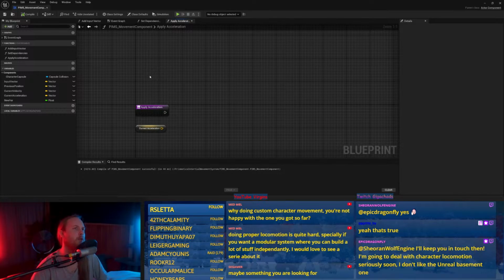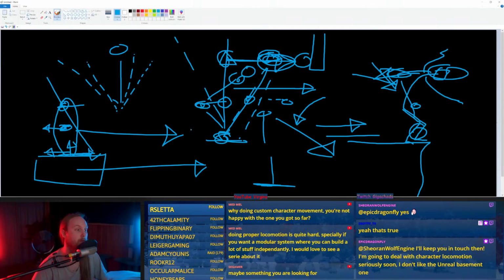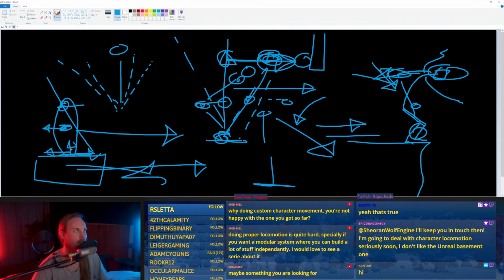Because we need to differentiate between intended acceleration and resultant acceleration. Because if something is moving us, like a platform, then it's not... Yeah, because we'd technically be accelerating this way.